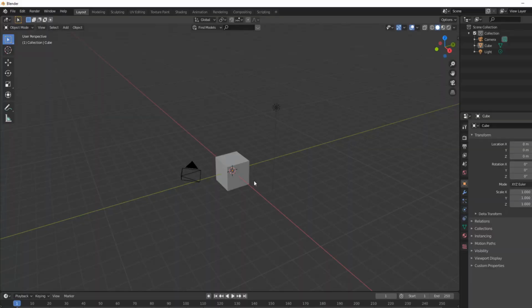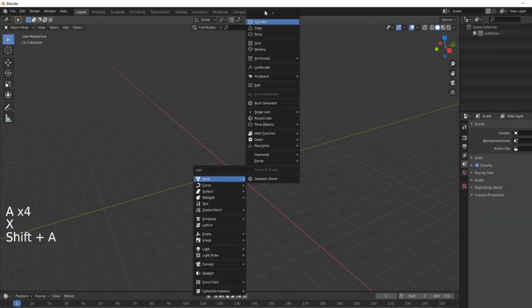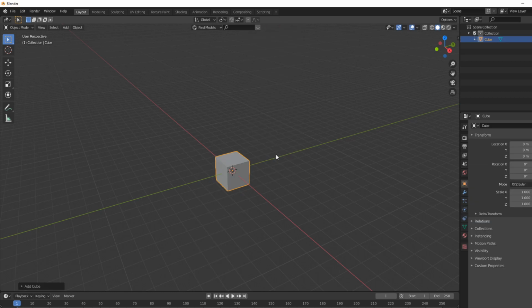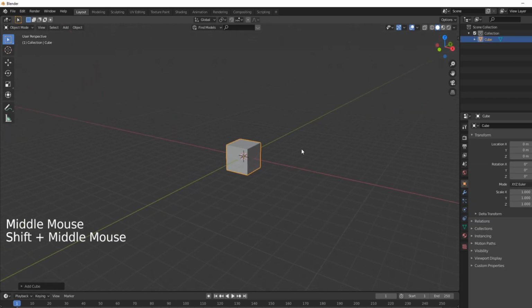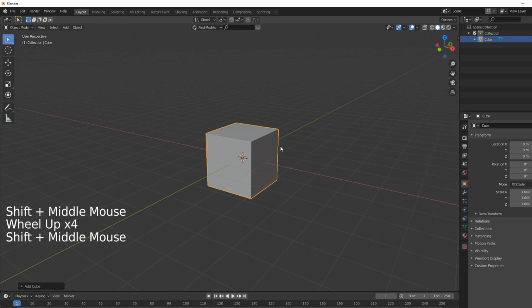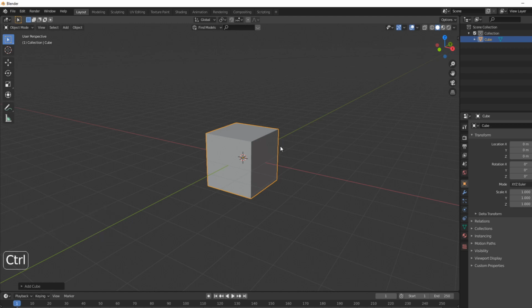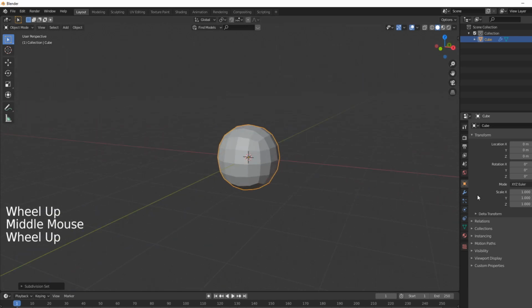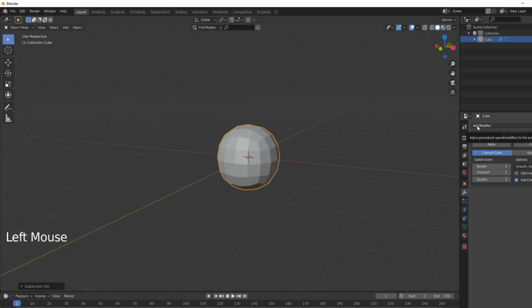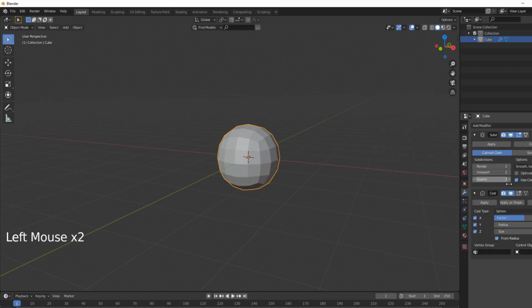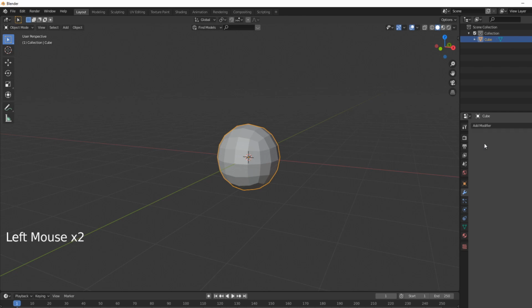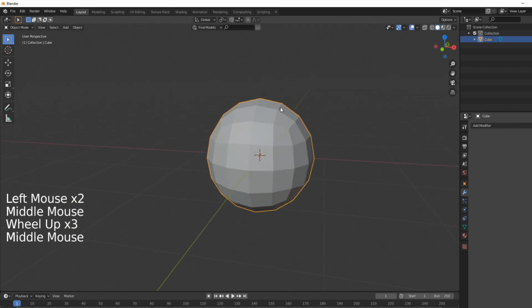I'm going to open Blender 2.8, I'm going to delete everything in the scene, and I'm going to add a cube. Now this is going to be our main sphere. There's a particular way I go about modeling spheres and then applying the textures that I apply to them. So I'm going to press Ctrl 2 to put a subdivision of 2 on the sphere. I'm going to go into my modifiers tab and I'm going to add a cast modifier and change the factor to 1. Apply all of these modifiers, and now that I have this, I will go into edit mode and